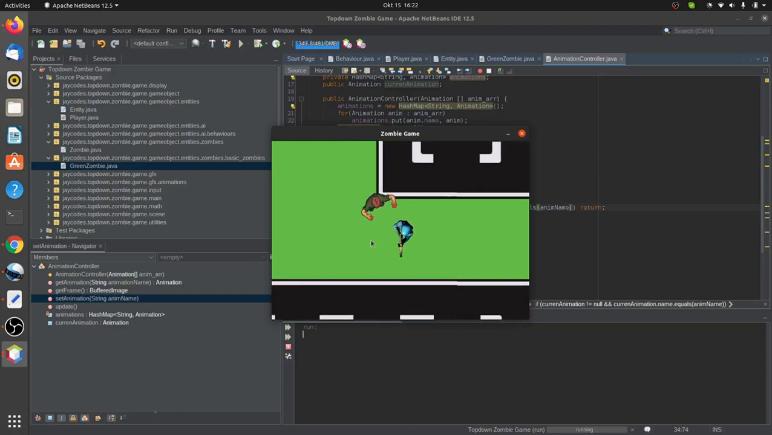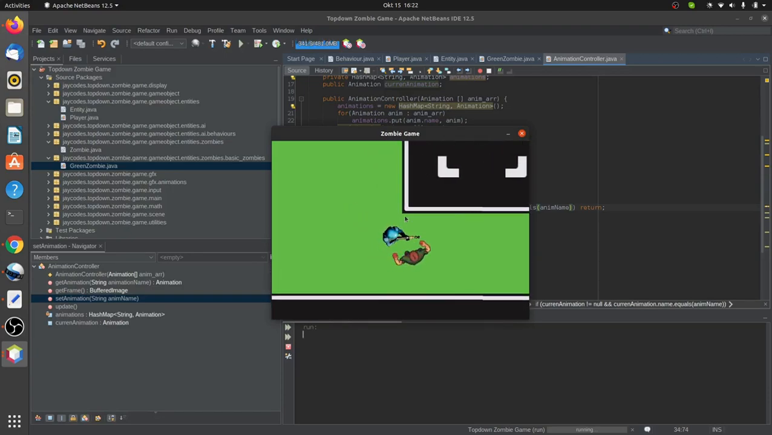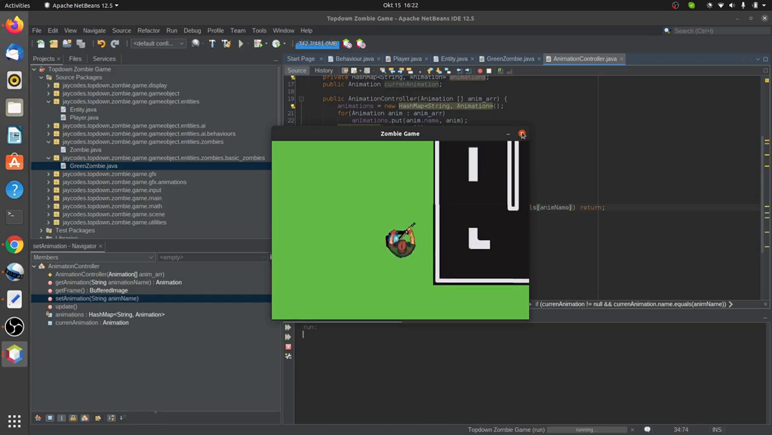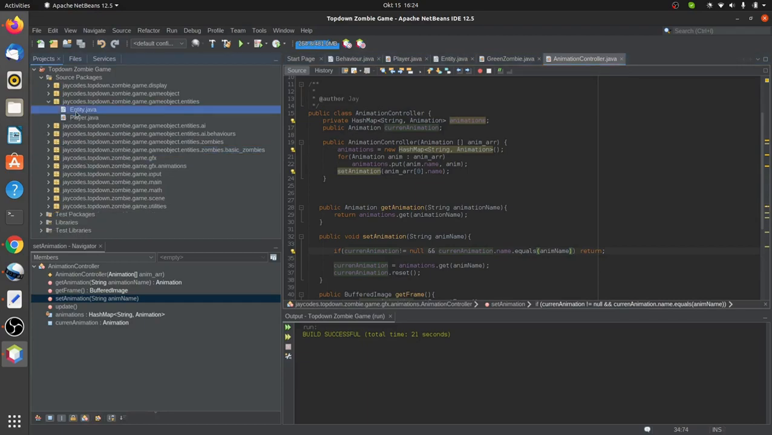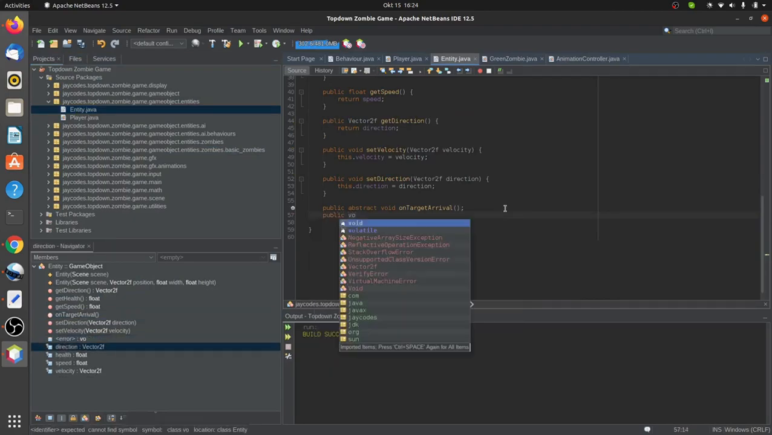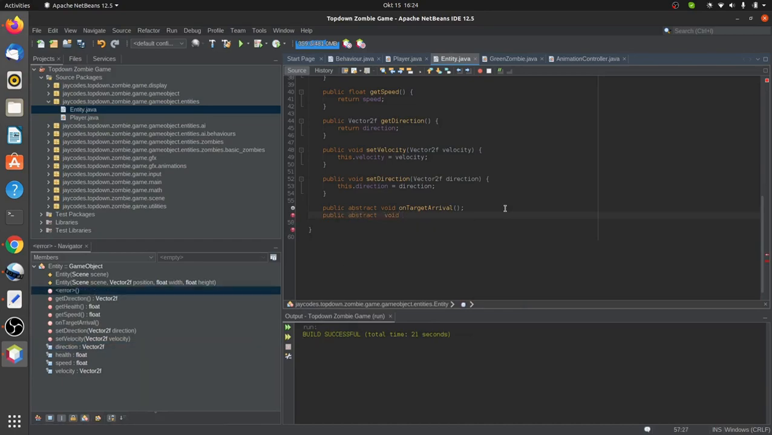Now we simply need to move back. Pretty much, when we're not attacking now, we should change the animation back. So now all we need to do is to switch back. To switch back, we're also gonna go back to the entity class and add a public abstract void